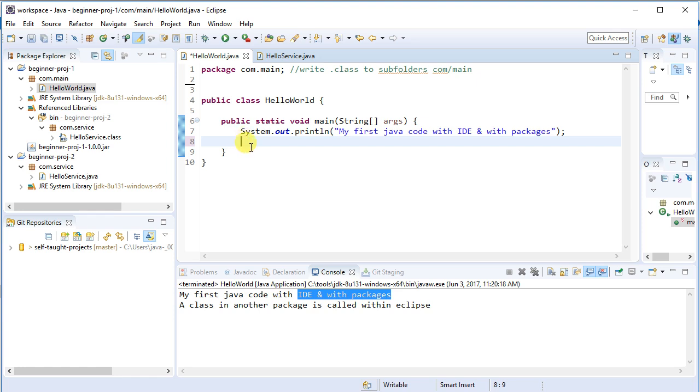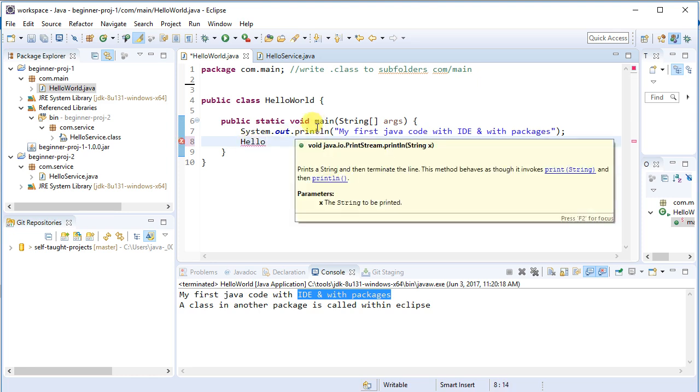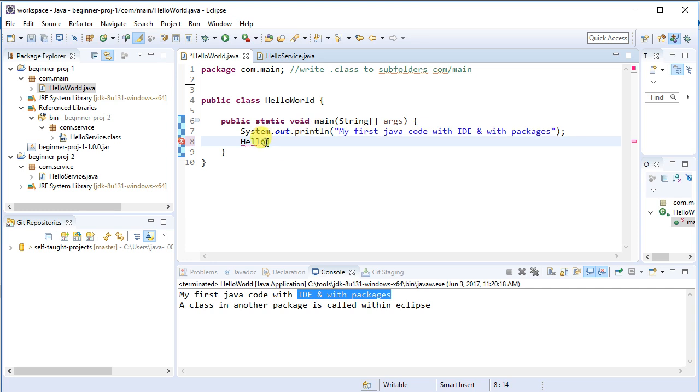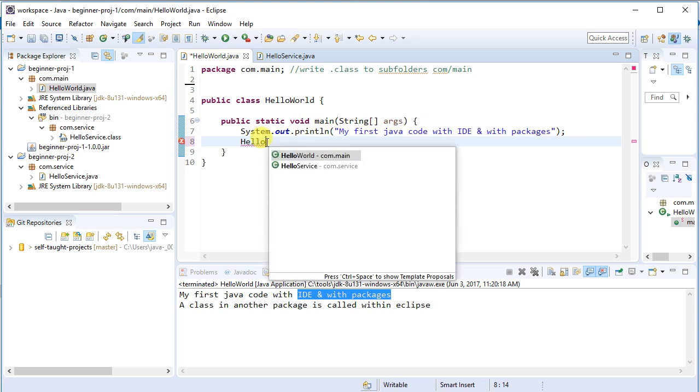So I know something starts with hello, so I go and type hello. Then there's another very handy shortcut key, Control Space. So I go here, press Control and Space. See, now it's suggesting there's a HelloWorld in the com.main package. There is also a HelloService in the com.service package. So I will select the HelloService,